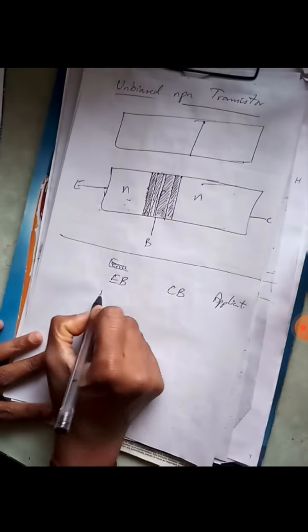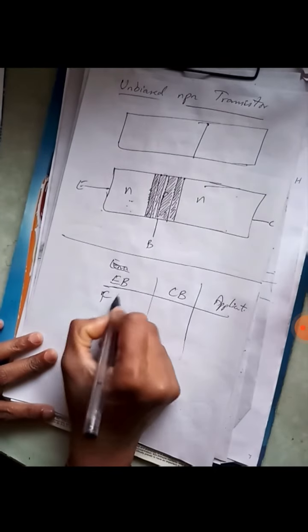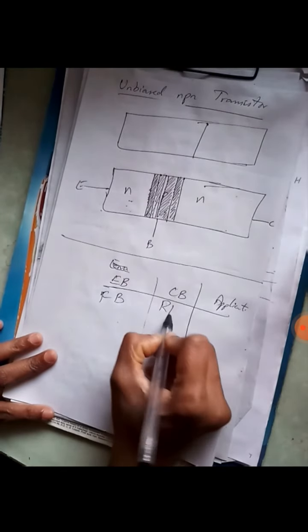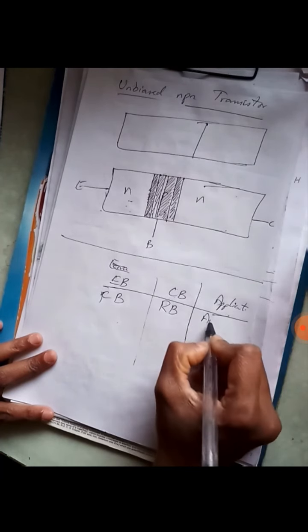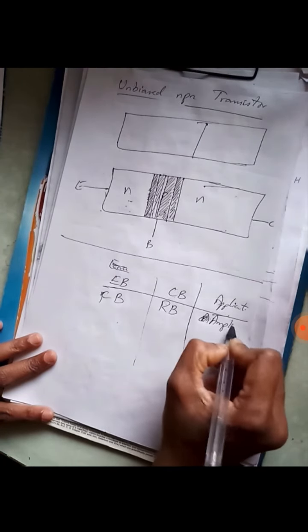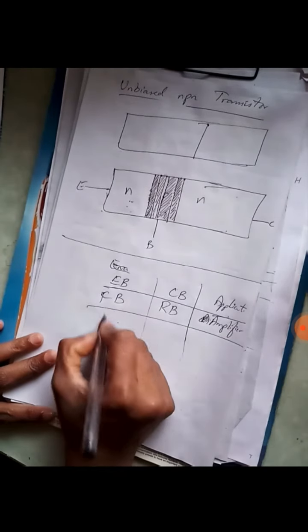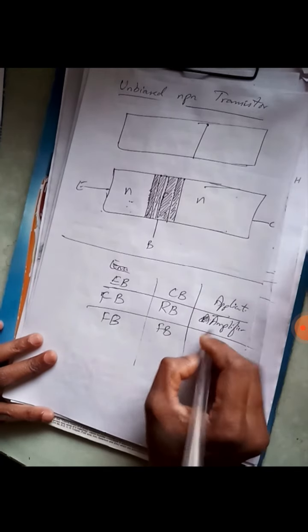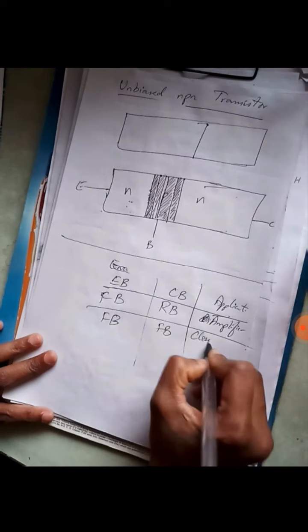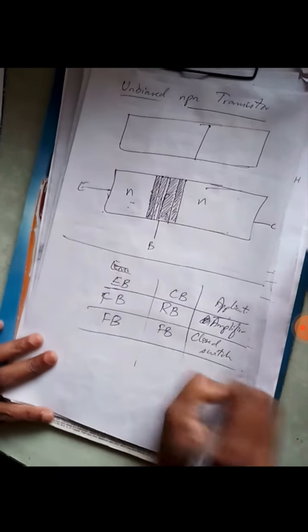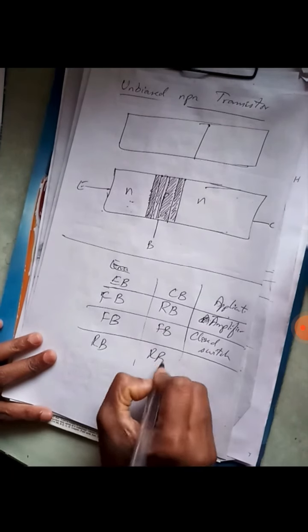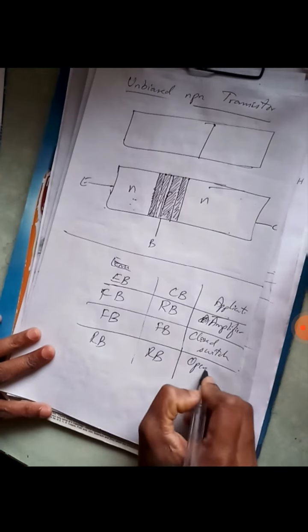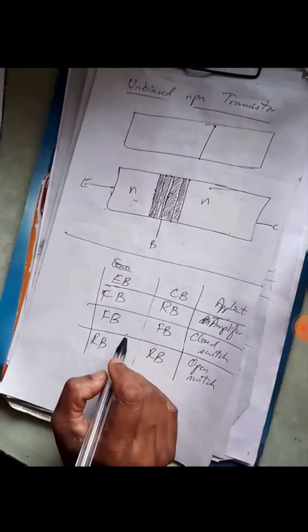When the emitter base junction is forward biased and the collector base junction is reverse biased, the transistor will be acting like a amplifier, ಆಯ್ತಾ? ಇನ್ನೊಂದು ಕೇಸು, when both of these junctions are forward biased, the transistor will be acting like a switch, that is on switch ಅಥವಾ closed switch ಅಂತ ಹೇಳ್ಬೋದು. And when both of these junctions are reverse biased, again the transistor will be acting like a switch which is in the off state or open switch ಅಂತ ಹೇಳ್ಬೋದು. ಓಕೆನಾ? So these are the three different